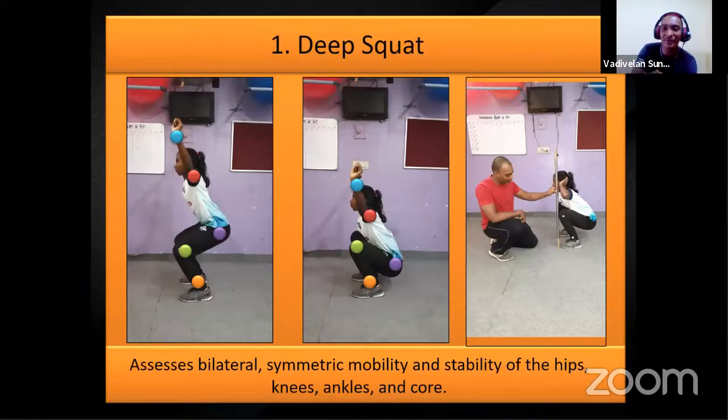we can identify through assessment which structure is not allowing a proper squat. That can be treated, or if it is a tightened structure it can be stretched, and if it is a muscular imbalance we can give balancing exercises and progress from one stage to another. I have given the various stages of squat, so we can gradually progress from one stage to the next. Instead of loading immediately with an external load, you can start with a supported squat, then add a body weight squat, and go on. Meanwhile, you can correct the compensation activity with your exercises.